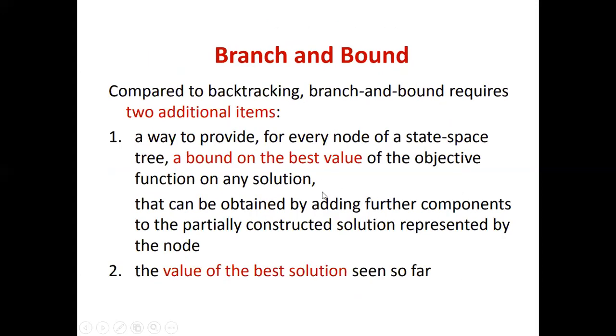Then what is the difference between backtracking and branch and bound? In branch and bound, we are going to solve an optimization problem only by considering a minimization problem. Am I clear? In backtracking, it can be of any type, maximization or minimization. But in branch and bound, it should be only for a minimization problem. For example, finding a minimum traveling cost is an example of a minimization problem.